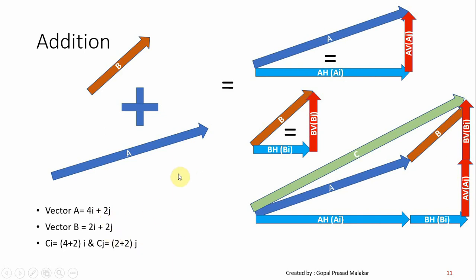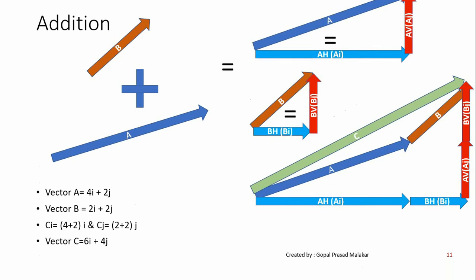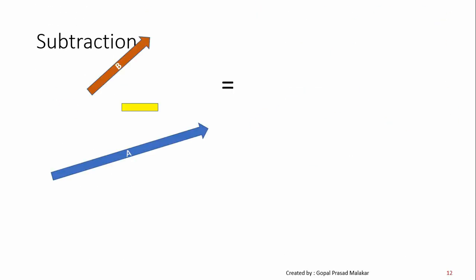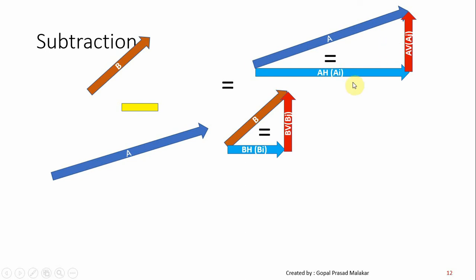So if you think of the moment you converted each of them into i and j, after that it is pretty simple. You add i component separately, j component separately. That's what is giving you vector C. Now let's take a look at the subtraction. So here you have to do A minus B. So essentially, this is how we are breaking A into component AI and AJ, B into BI and BJ. Now, as I told you, A minus B is equal to nothing but A plus minus B.